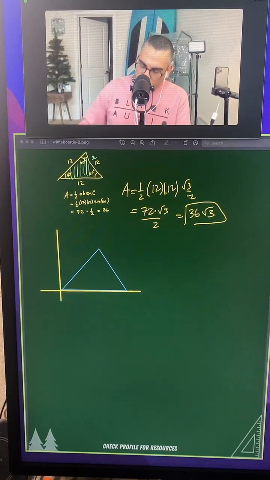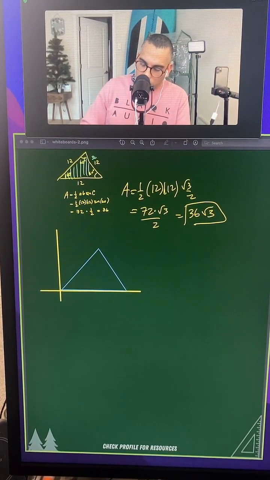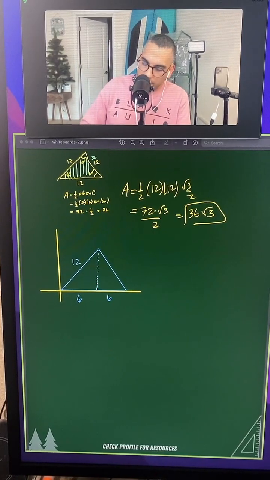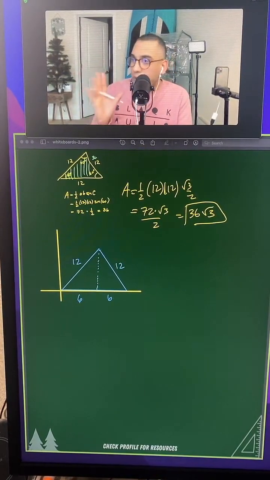So let's go back to our X and Y plane. This is going to be 12. If I cut this in half, this is going to be 6. This is going to be 6. That's going to be 12 because, again, don't forget,